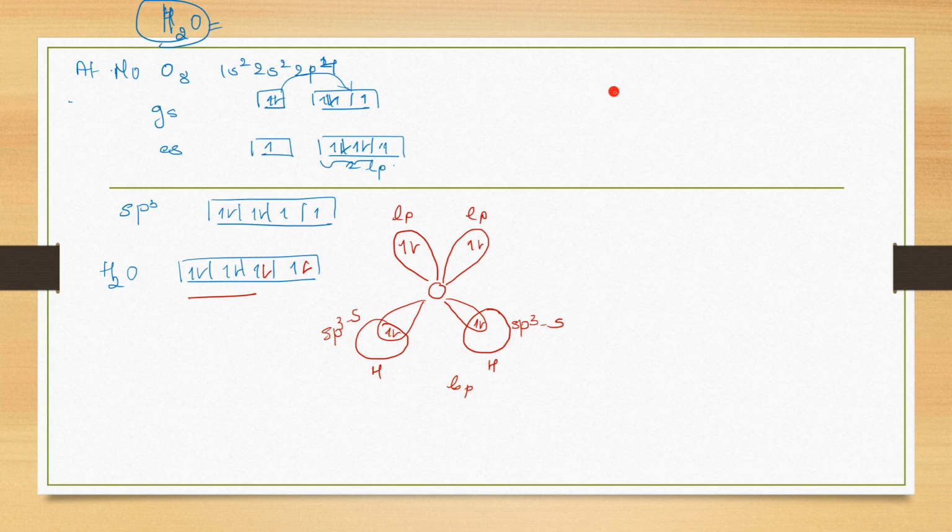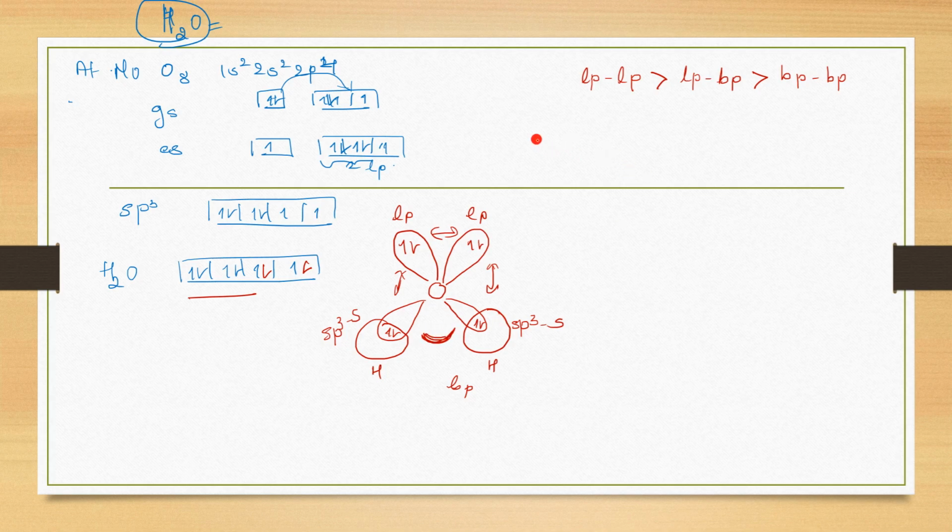Now see the type of repulsions that will be there in the molecule. There will be repulsion between lone pair, lone pair, there will be repulsion between lone pair, bond pair, and there is also repulsion between bond pair, bond pair. Now the number of repulsions is more compared to ammonia. So imagine two bulky lone pairs are there. There is repulsion between these two. So what happens to the bond pairs? They come closer to each other.